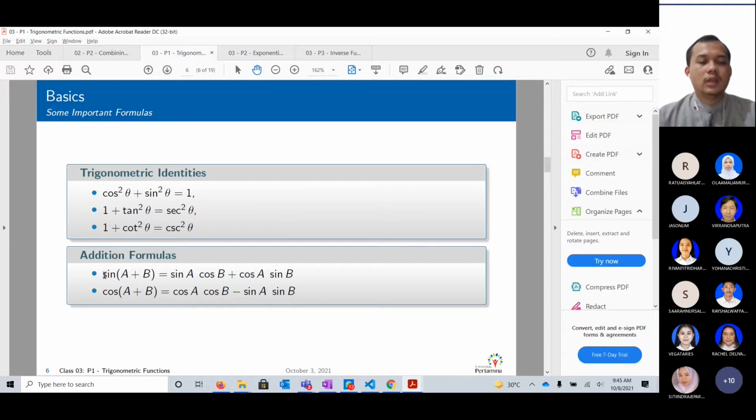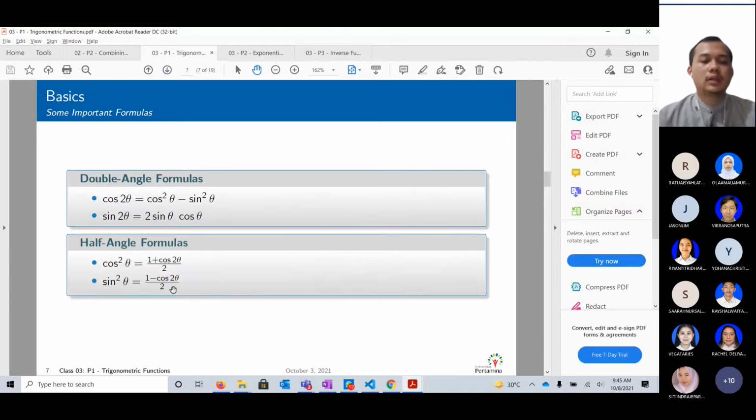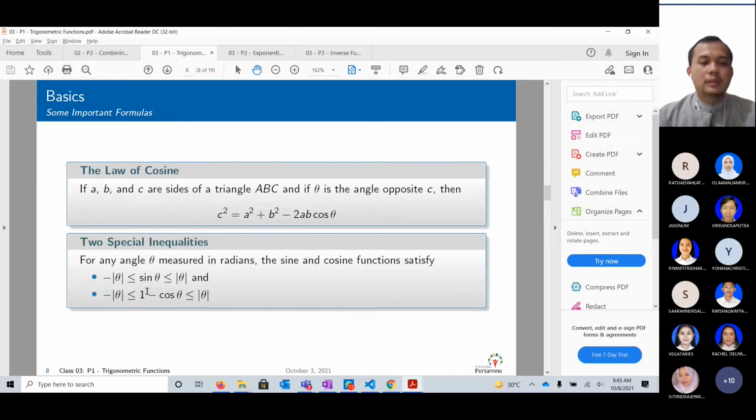And next, we have the addition formulas, which are like this. For this addition formula, you already know it from your high school. And from these addition formulas, we can get the double angle formula and half angle formulas. But now I want to explain the law of cosine and 2 special inequalities. So for law of cosine,